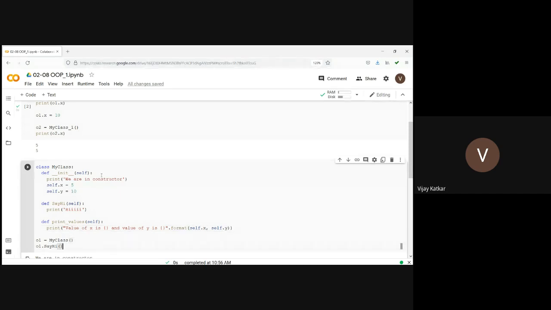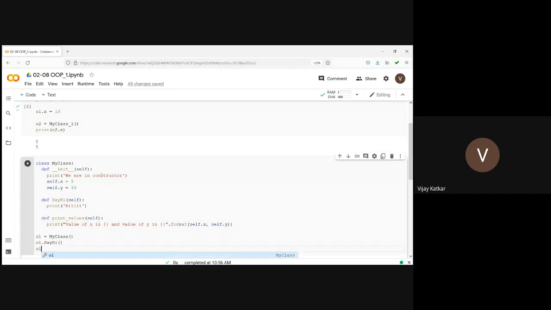Now I'll add one more method call, that is o1 dot print underscore values.